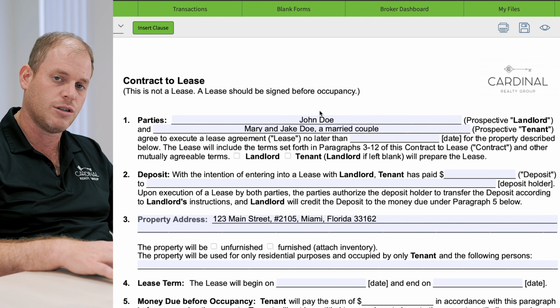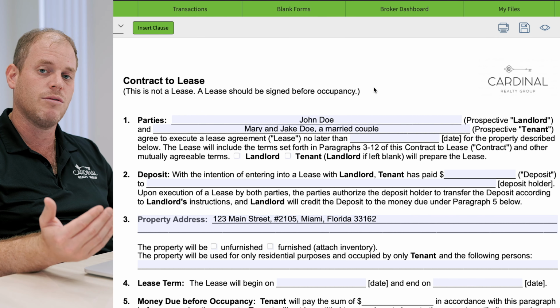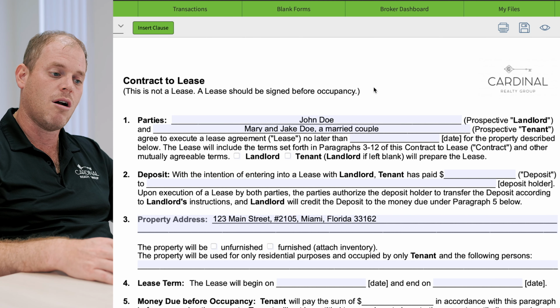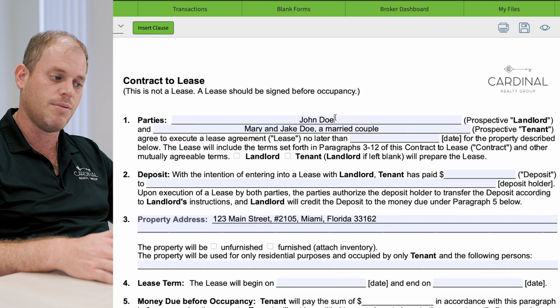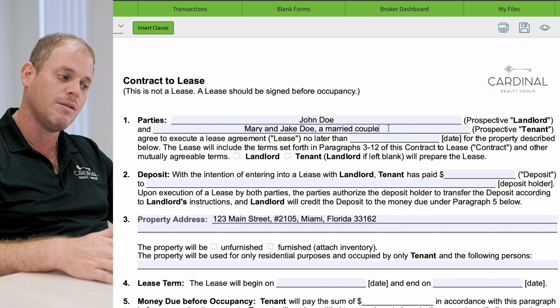Just like any other contract we've done so far, the first part are going to be the parties to the contract. So the parties here are going to be the landlord and the tenant. Okay, that's the relationship between the parties in the contract here. So our landlord in this scenario that we've built up here is going to be John Doe. And just like in the other examples we've done with buyer and seller, except this one is landlord and tenant, the tenant is going to be Mary Doe.